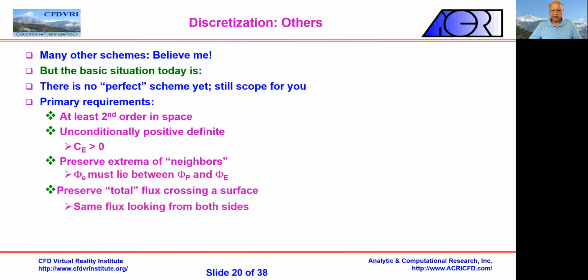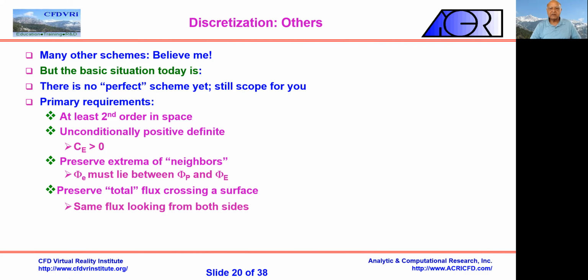between its neighbors. And lastly, it must preserve the total flux crossing a surface, whether that flux is that of mass or momentum or thermal energy or mass component, it must preserve. And that means the same flux looking from both sides. Look at any surface, flux must be the same. If you can get a scheme with these properties, I believe you deserve the equivalent of the Nobel Prize in